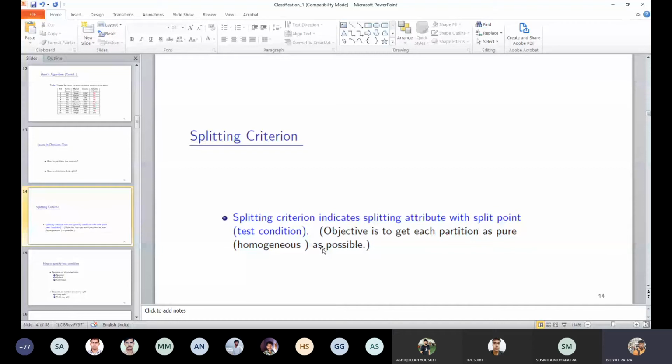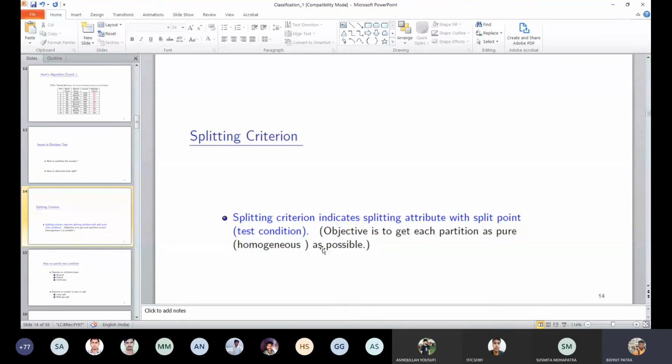So what is the way to find the best condition? It is written here: the objective is to get each partition as pure as possible. So you apply a test condition, say a two-way split with refund yes and no, and you get smaller subsets. But what is the criterion? Smaller subsets should be as pure as possible. How do you define purity? Pure here means homogeneous.